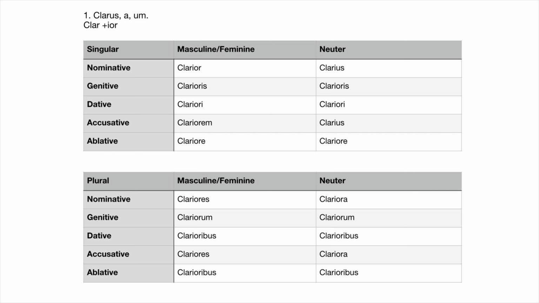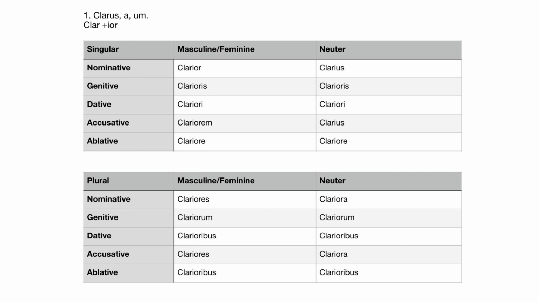So for the masculine feminine, we see clarior, clariores, clariori, clariorum, clariore, and then the plural, clariores, clariorum, clarioribus, clariores, clarioribus. Now, the only thing we really need to be careful with is when we come to the